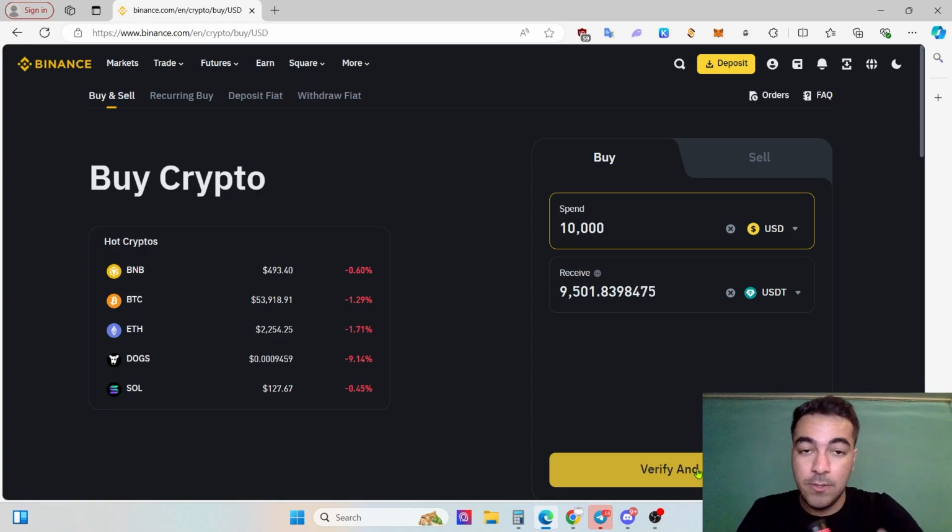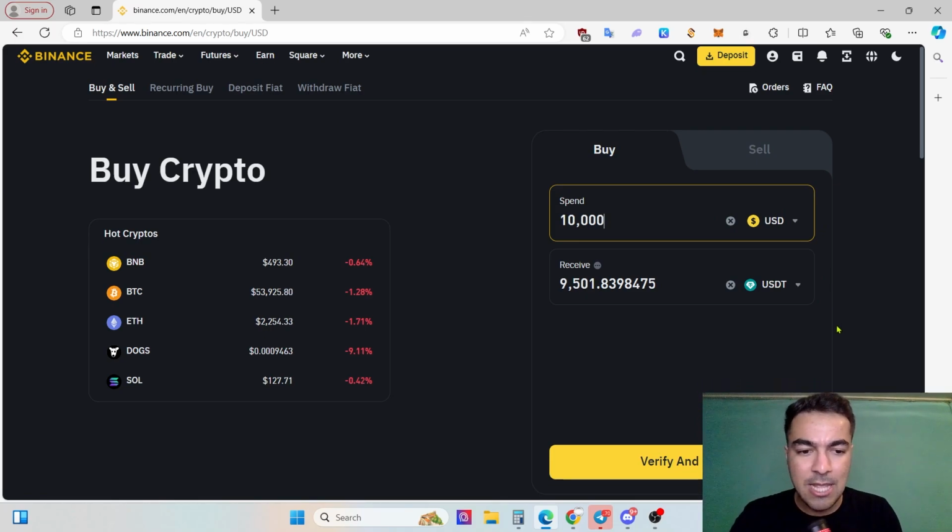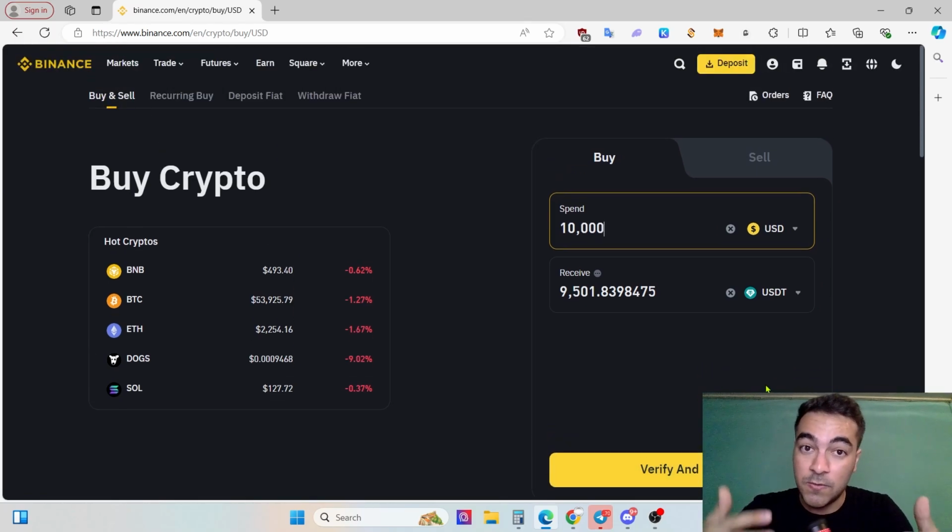For example, if you are a European citizen, if you have European citizenship, you can just put any European banking system and you can do it in USD or Euro, doesn't matter. And if you are an American, USA citizen, you can pay USD or any American banking system. Just click buy and put your own bank account details, or doesn't matter, payment card details, and then you will